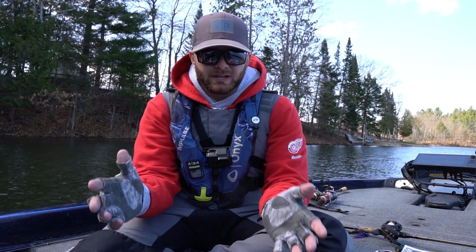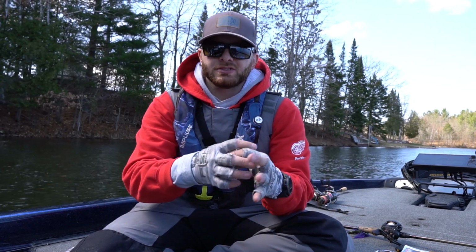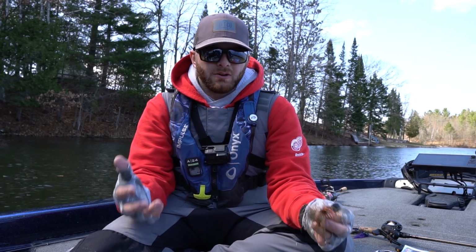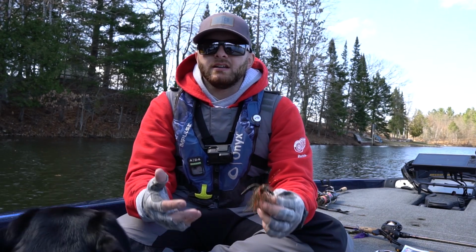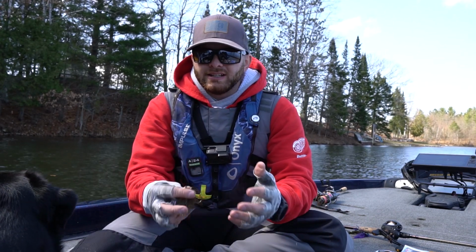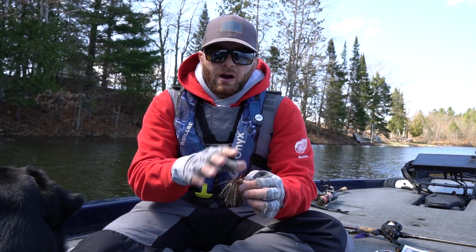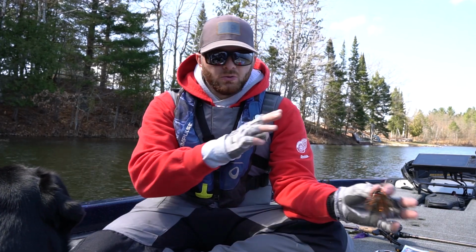And I think one of the biggest misconceptions that a lot of people have is that smallmouth have small mouths, so they're not going to go and eat a bulky jig. Well, that's just not true. Smallmouth, like largemouth, especially on river systems or inland lakes, will eat crawfish and bluegill, and they'll eat basically the same forage types that your largemouth will eat. However, I do downsize my jigs a little bit, use smaller hooks,